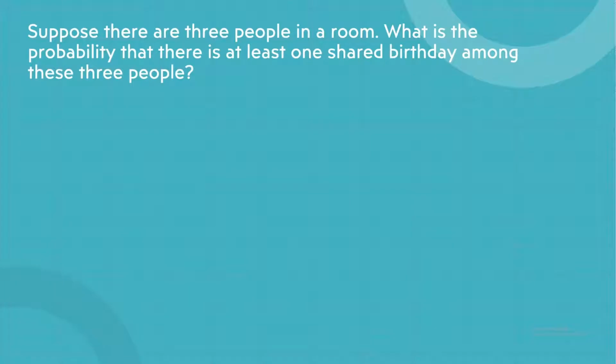To answer this question, let's start with a simple one. Suppose there are 3 people in a room. What is the probability that there is at least one shared birthday among these 3 people? Remember the rule of subtraction? Probability of A equals 1 minus probability of A complement. So the probability of at least one shared birthday is equal to 1 minus the probability of no shared birthday